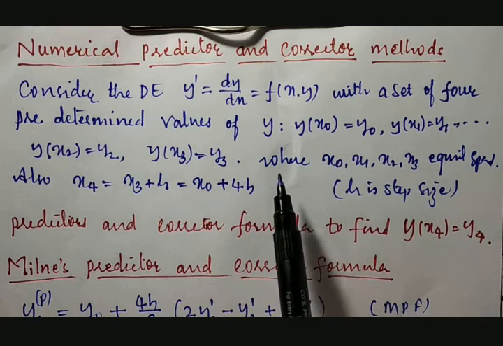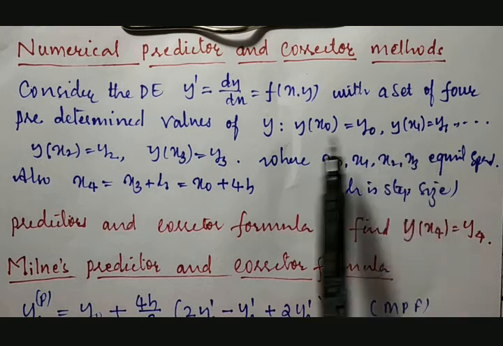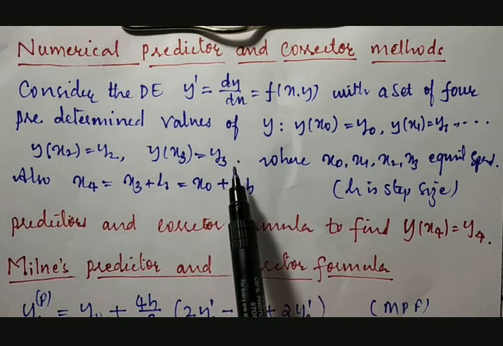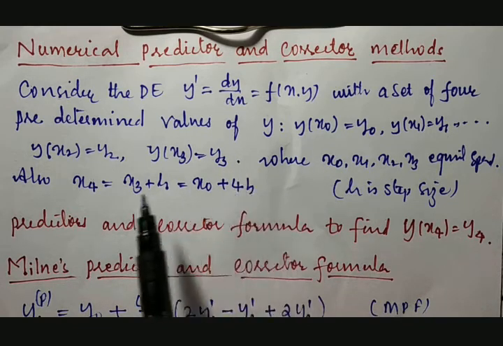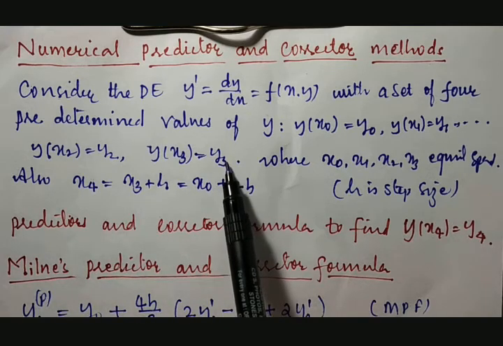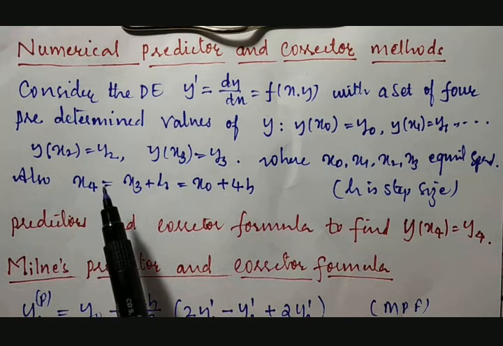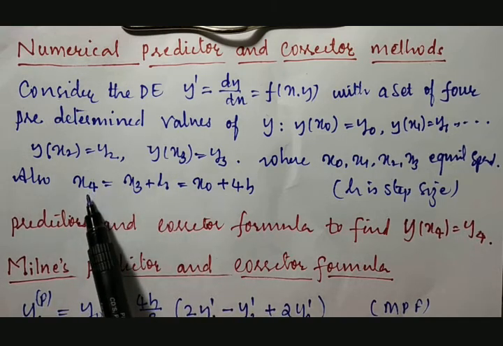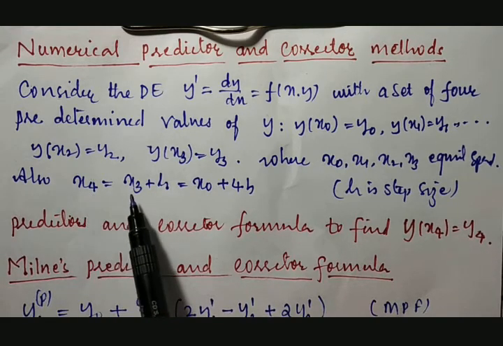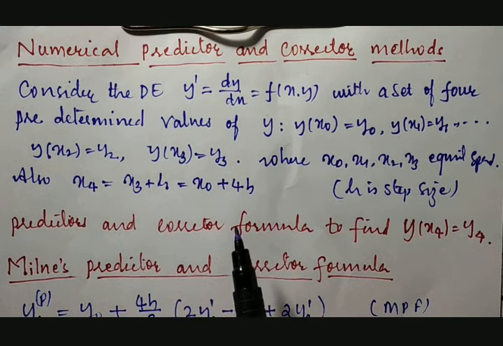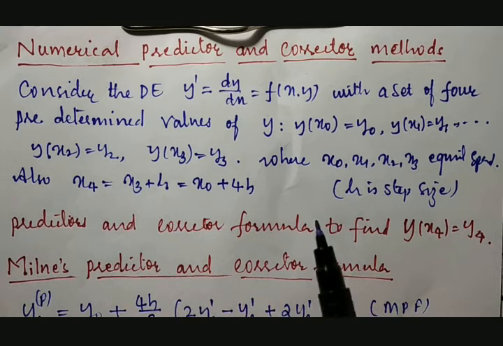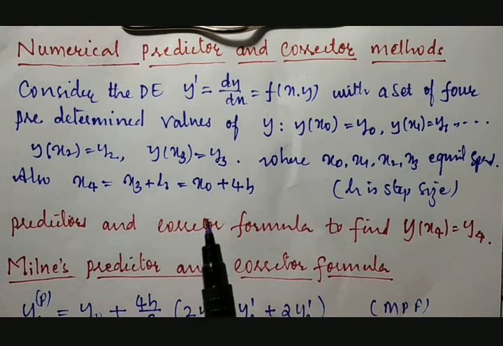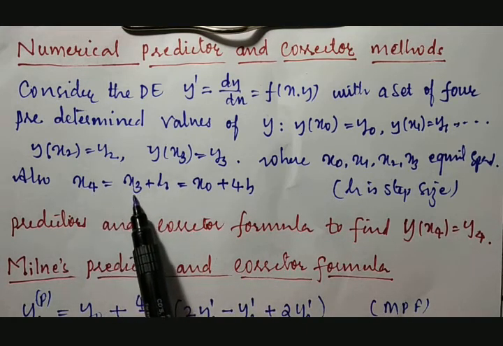Then the question comes, when we have y0, y1, y2, y3, then what is to be calculated? Its next value, which is nothing but y4. To obtain y4, first we should know what will be the value of x4. It means we are going to calculate the value of y at x4, that will be y4. We know that x1 is nothing but x0 plus h, x2 is nothing but x1 plus h, x3 is nothing but x2 plus h. Similarly, x4 is nothing but x3 plus h.